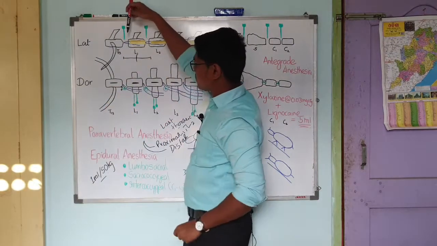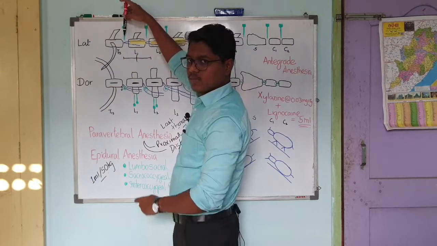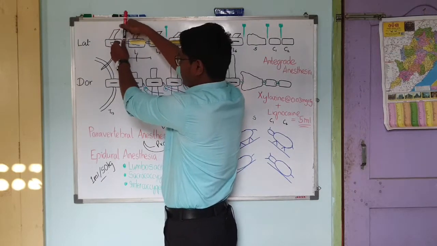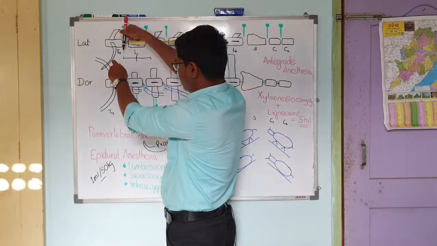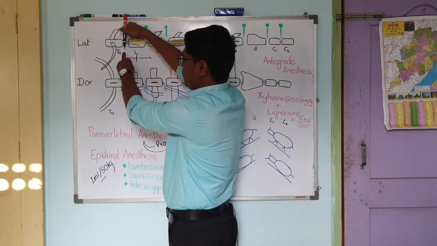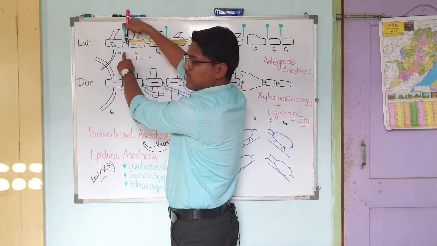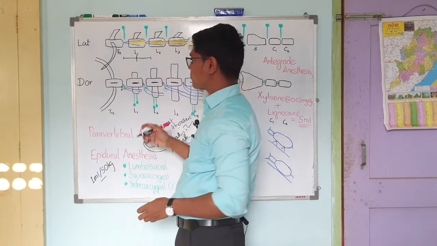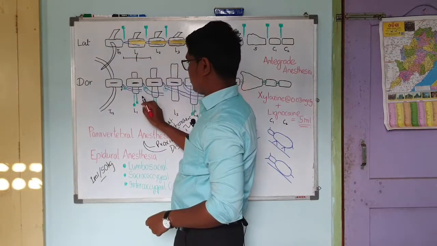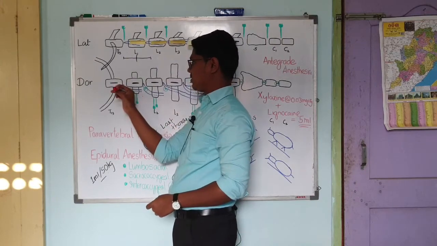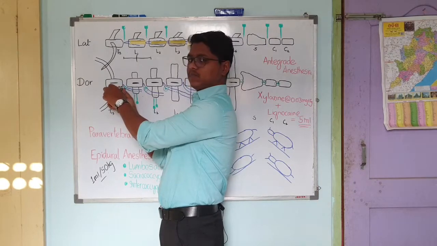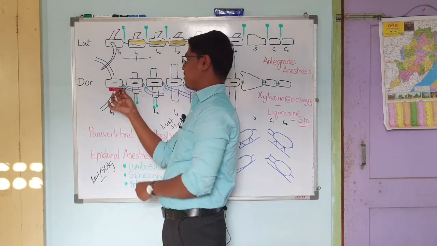See here. I will give a stab and push the skin slightly, because skin is flexible. I will push and deposit 5 ml. Then I will remove the needle to half length and deposit another 5 ml, for the dorsal and ventral branches. Here you see it is here, 2 to 5 centimeter from the spine.